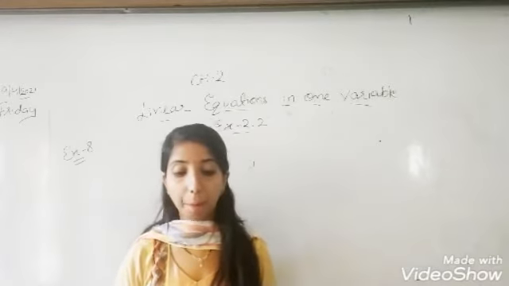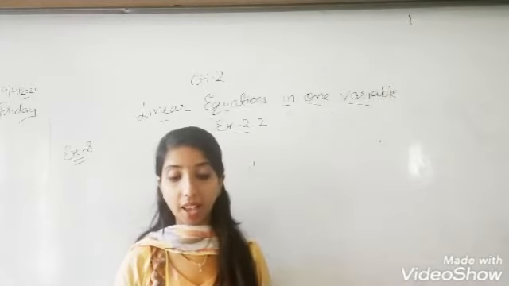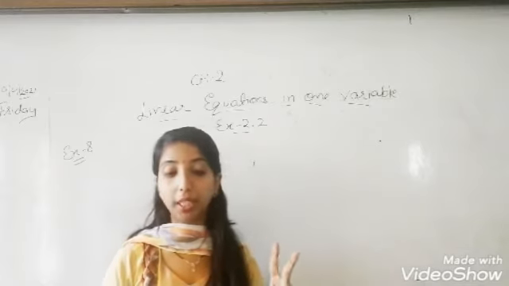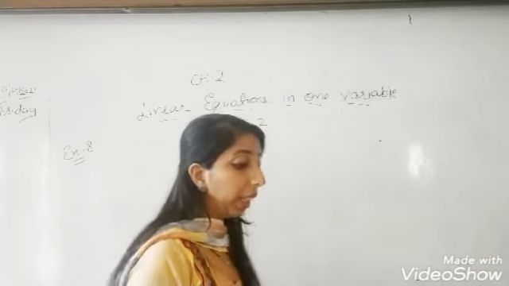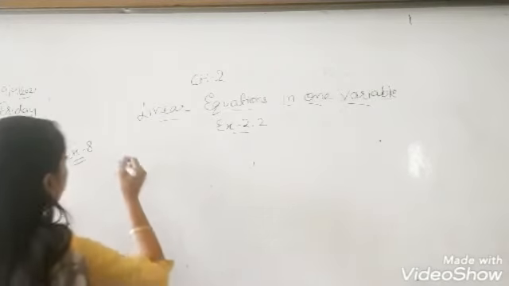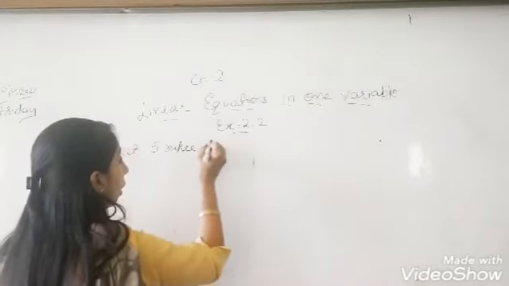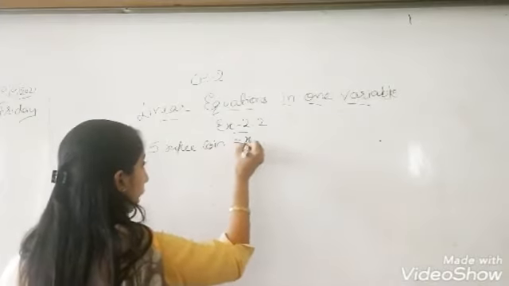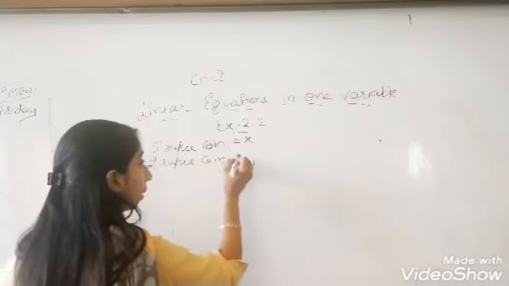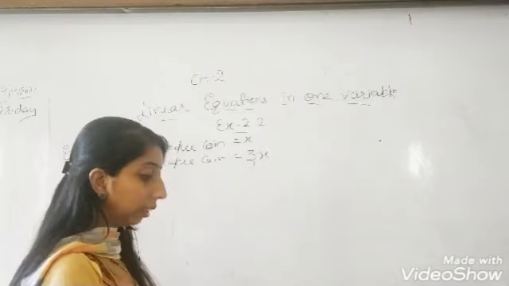The question is, Bansi has 3 times as many 2 rupee coins as he has 5 rupee coins. So basically, they are talking about 2 rupee coins and 5 rupee coins. But they are telling something about the 2 rupee coins and not about the 5 rupee coins. So what we are going to do is let the 5 rupee coins be equal to x. And the 2 rupee coins, what will it become? Because it is 3 times, it will be 3x. Agree everyone? Okay? Let us read further.